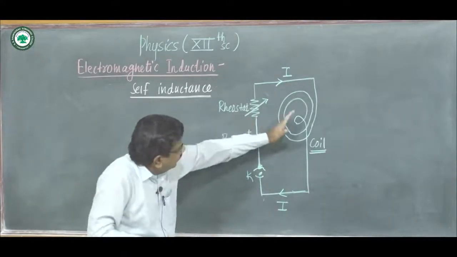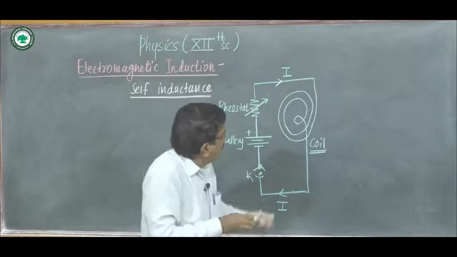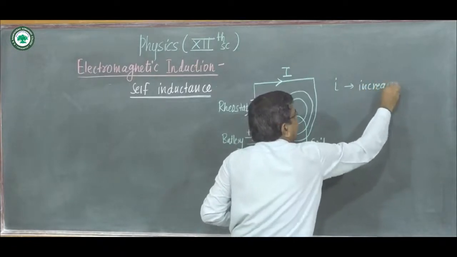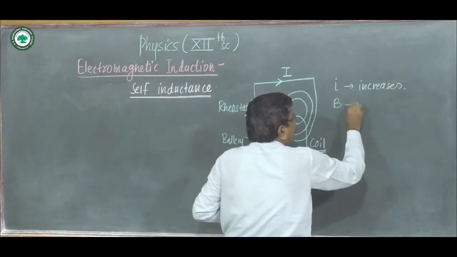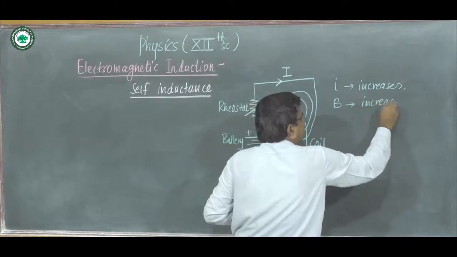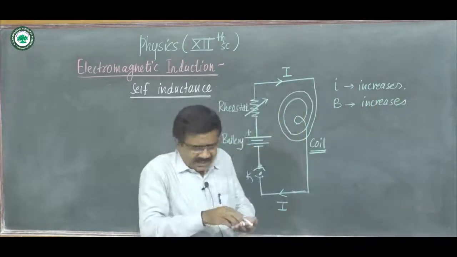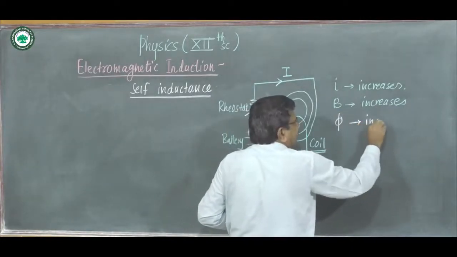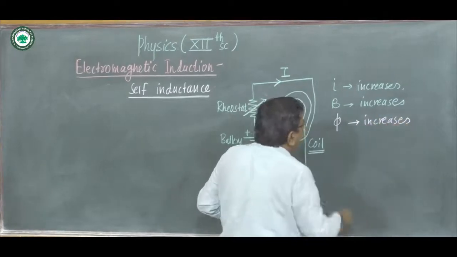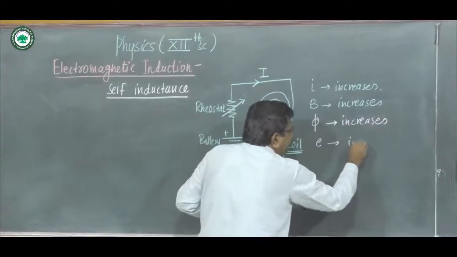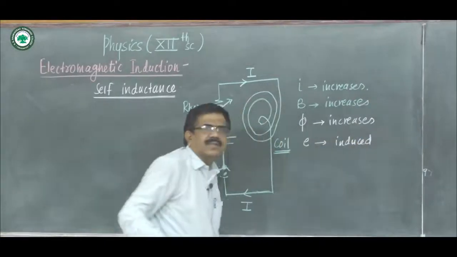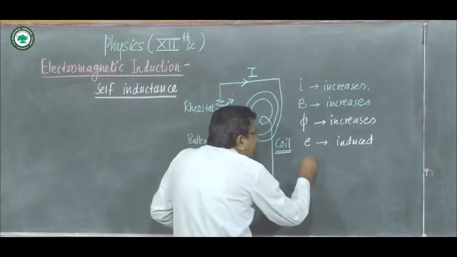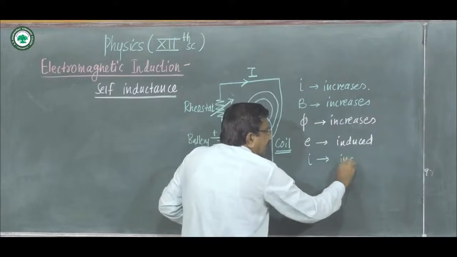When current in the coil increases, magnetic field increases. When I increases, magnetic induction or magnetic field increases. As magnetic field increases, the magnetic flux phi also increases. EMF is induced in the coil. Due to this induced EMF, current is induced in the coil,